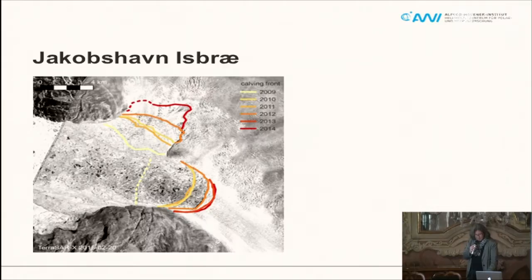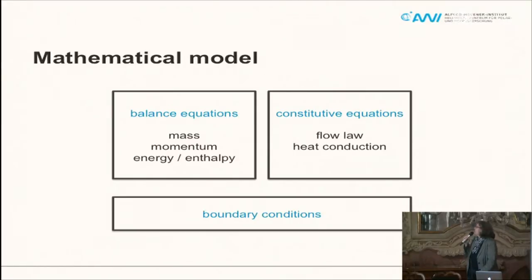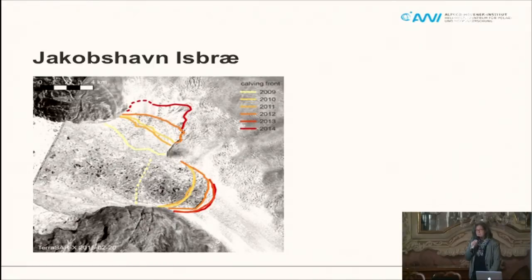And then the most important thing, last, is that you have boundary conditions for the system. That's the atmosphere at the top of the ice sheet, and the ocean temperature at the base of the floating tongues or the faces of the tidewater glaciers. So that's what we typically do if we model ice sheet behavior. And as an example, I show you the Jakobshavn Isbrae, which was also shown already by Connie Steffen, and where you have this nice movie in the exhibition, how that has changed over time and which process has done that.